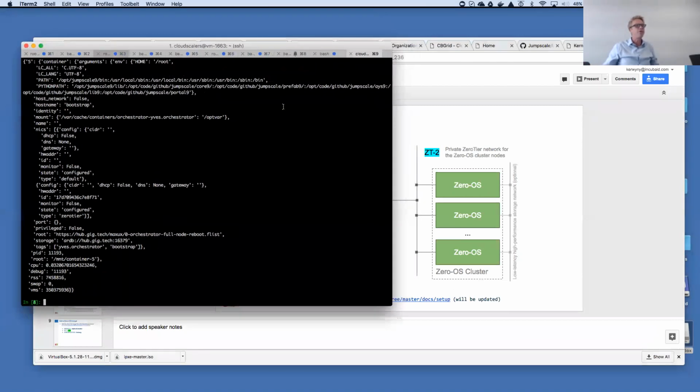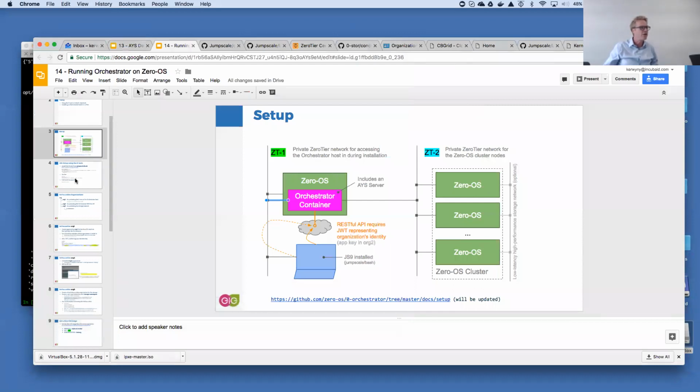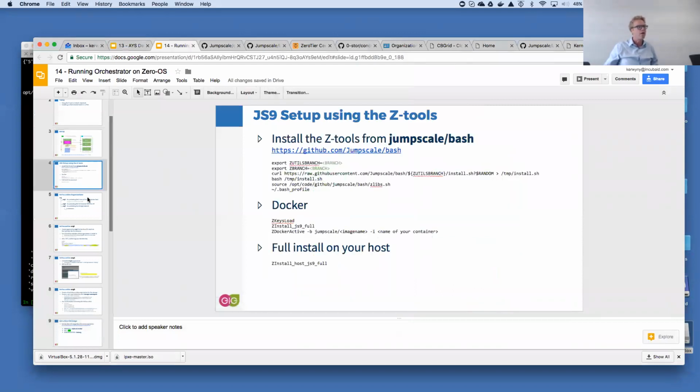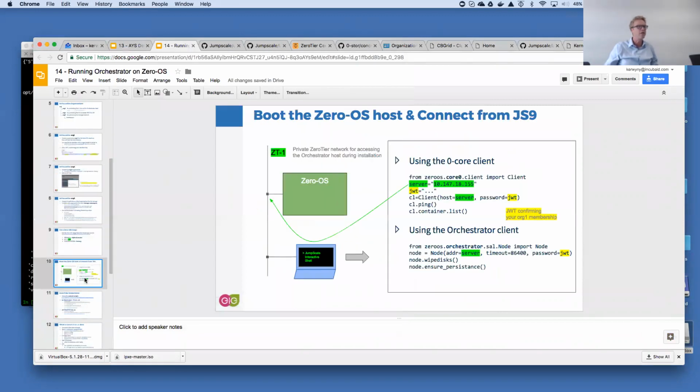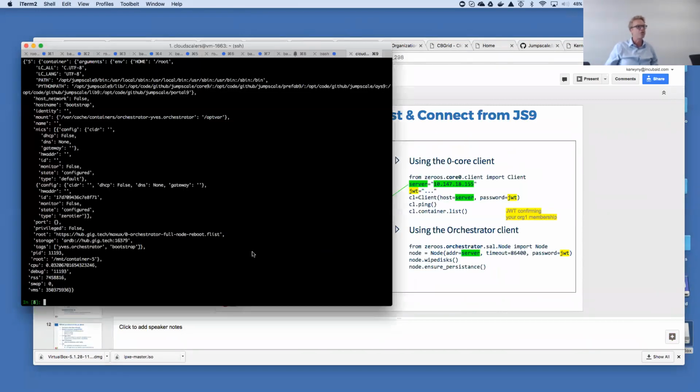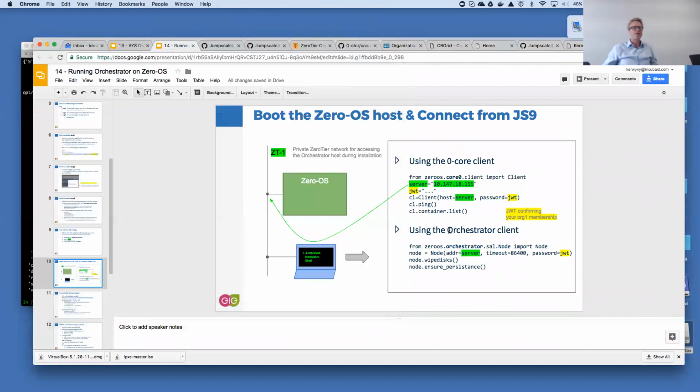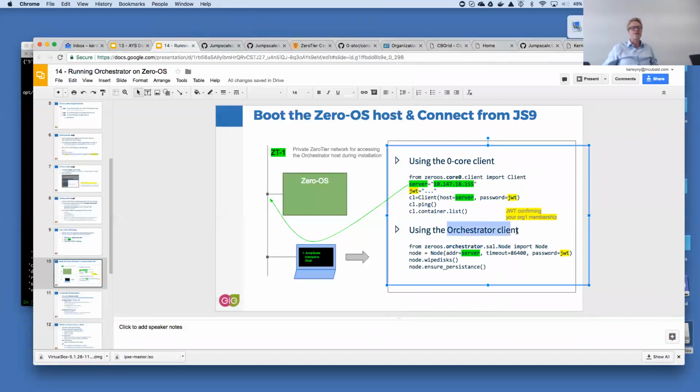And what you typically do to test, that's what I explain here in my slides. You will typically, what I did, list the container. In your case, it should be empty. You could also use, and that's strange maybe, the Orchestrator client.